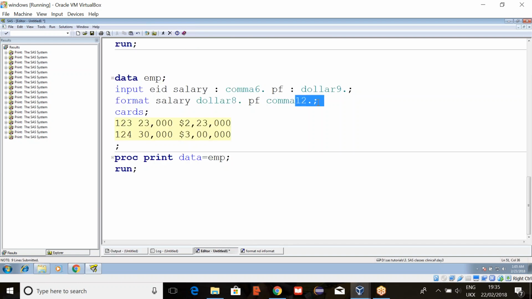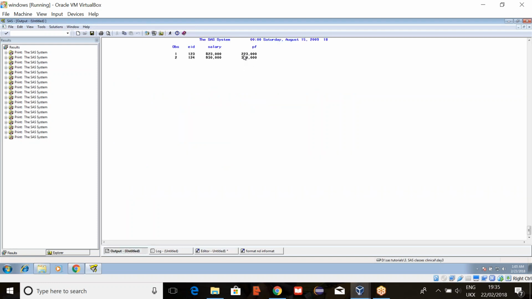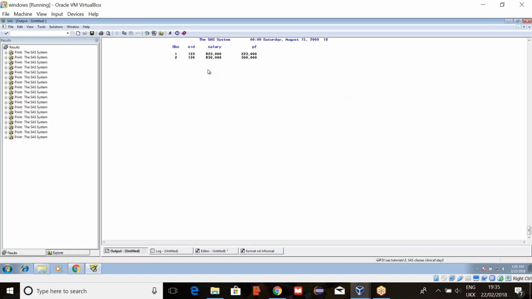In order to satisfy this length, if it printed like this, 2 comma 2 comma 3 comma, would it make any sense? No. So whatever the best way is, SAS will automatically take that one. Here it just added a dollar sign and here it added just commas. That's it.